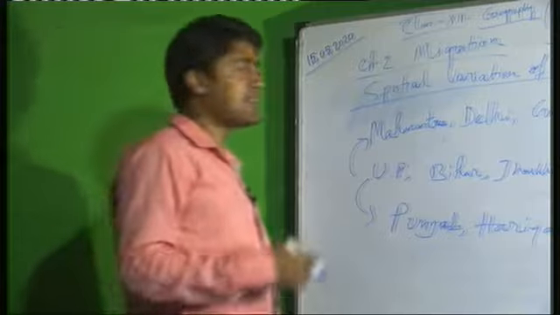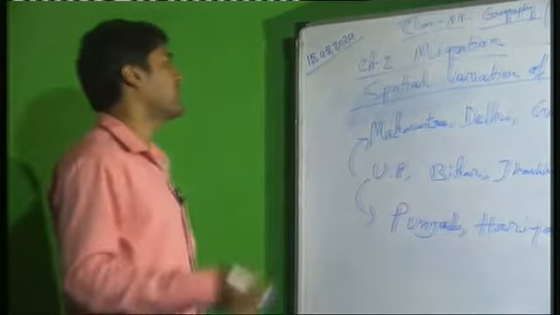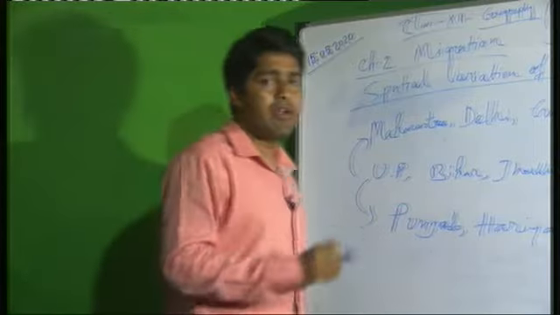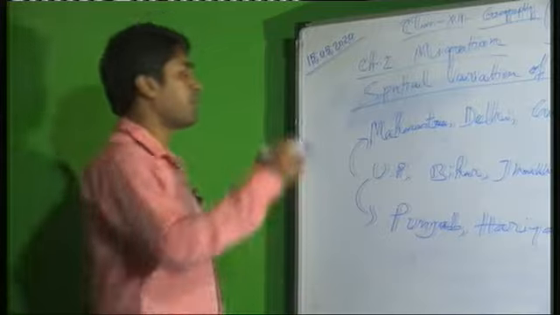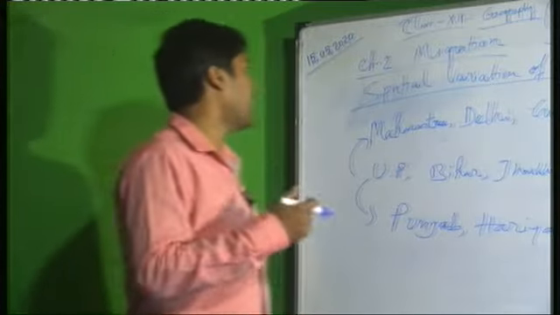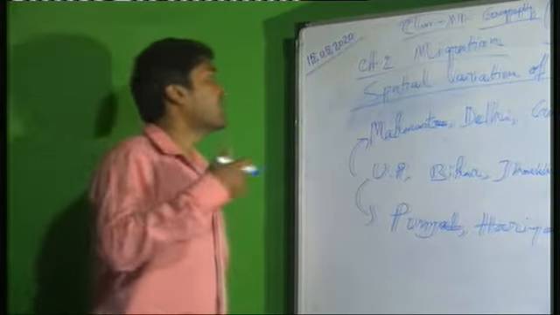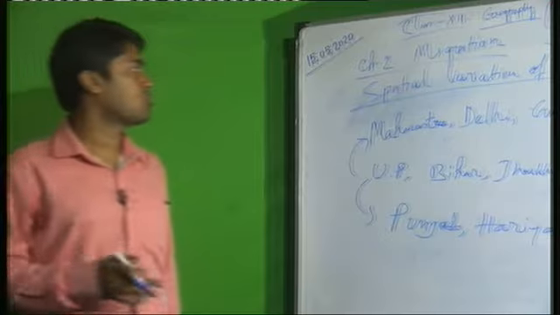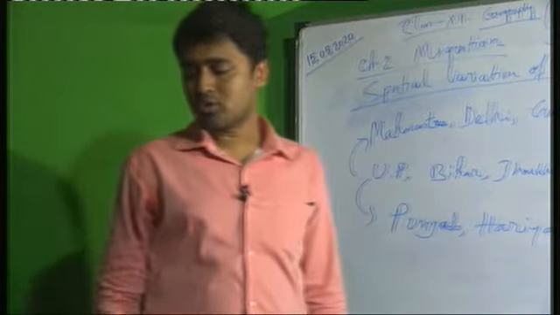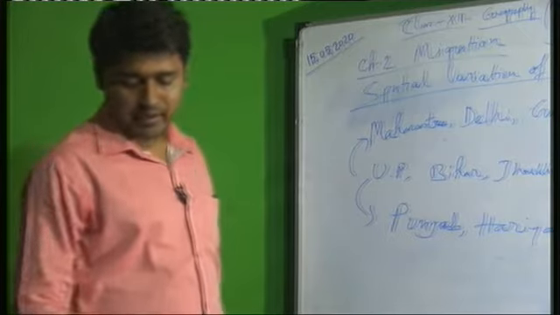And for spatial variation of migration, if you look abroad, outside of the country, you will see mostly highly qualified or educated people shifting from India to developed nations like London, USA, Canada, Norway, for better job opportunities. This is also another part of spatial variation of migration. In your book there is also data, you will read it and you can understand.